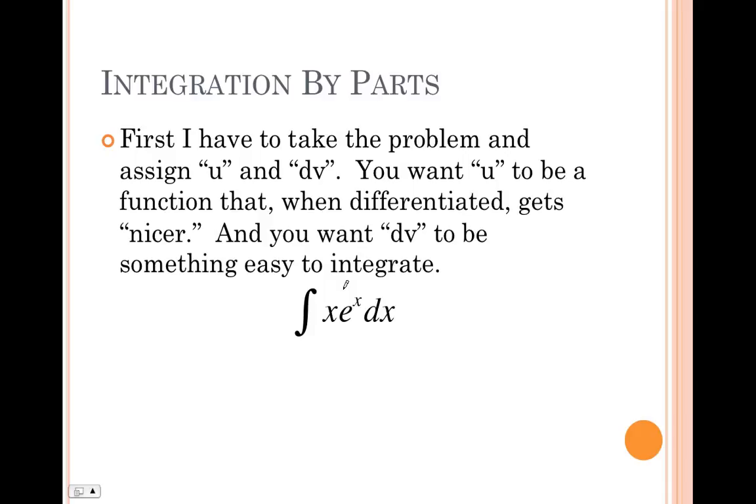First, I have to take this problem and I have to assign what is u and what is dv, because I have the integral of u dv is equal to u times v minus the integral of v du. I want u to be something that if I differentiate it, meaning take the derivative of it, it gets nicer, okay? And I want dv to be something that I can integrate. So in this case,